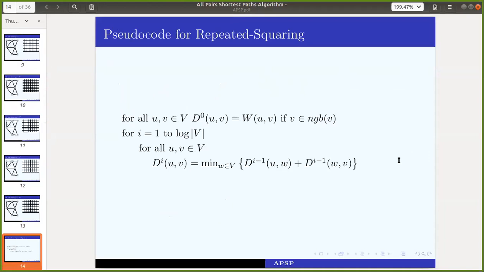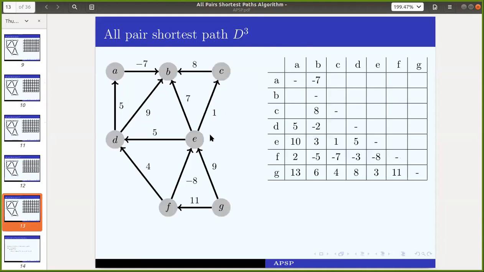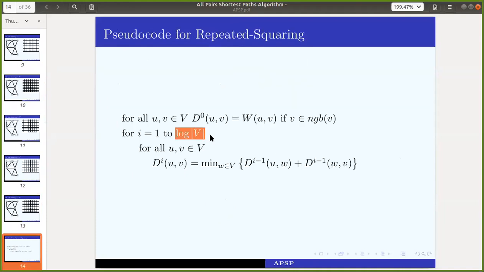See, this works up to log V, right? So log here is how many vertices are here, 5 or 6 or 7. So log of 7 will be like 3, right? No, the question is how we are getting that time.